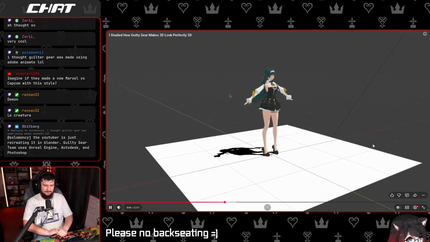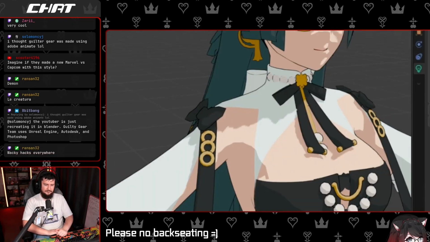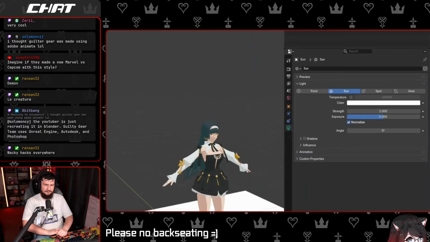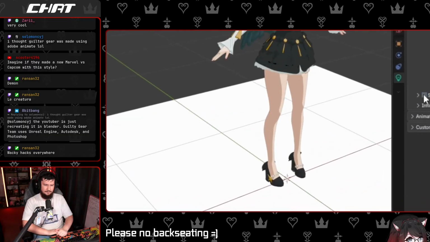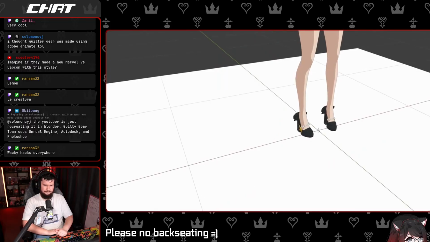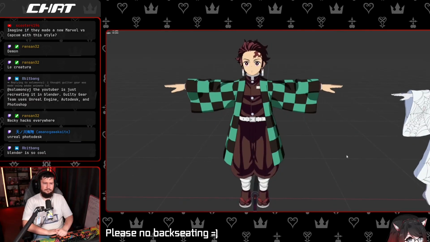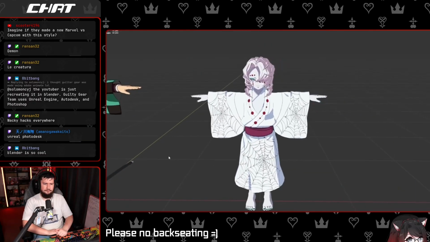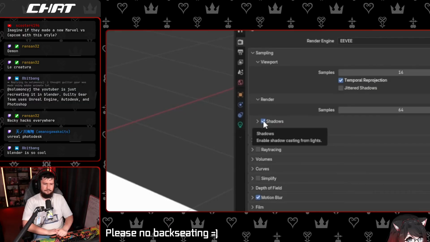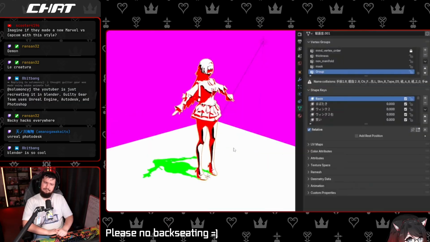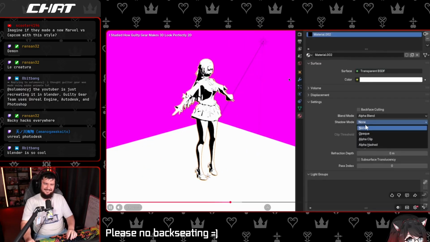This creates a bit of a problem for us. In Blender, we can disable shadows for each light to remove the self shadows, but this also removes the drop shadows on the ground. Keeping it enabled brings back the drop shadows, but also the self shadows. During my projects, I've found a couple of ways to fix this. The easiest way? Just disable all the shadows. Who needs drop shadows anyway? The second best way is to duplicate the character model, make it fully transparent, and set its shadow mode